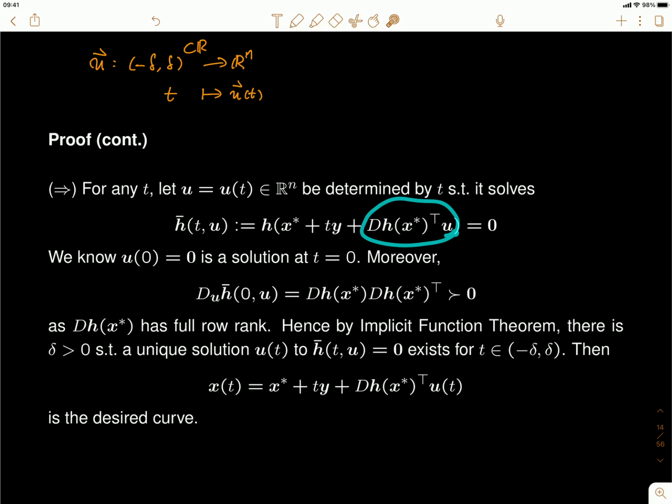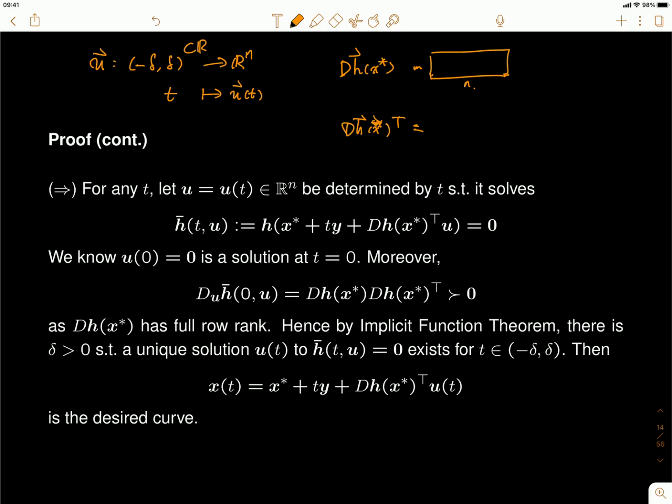That means the Jacobi matrix here has a full row rank. And when I take the transpose, it means that it's a matrix of full column rank. So I have this dh(x star), and this is the matrix we said is m by n. So let's just draw it in a dramatic way, m rows and n columns. So the dh(x star)